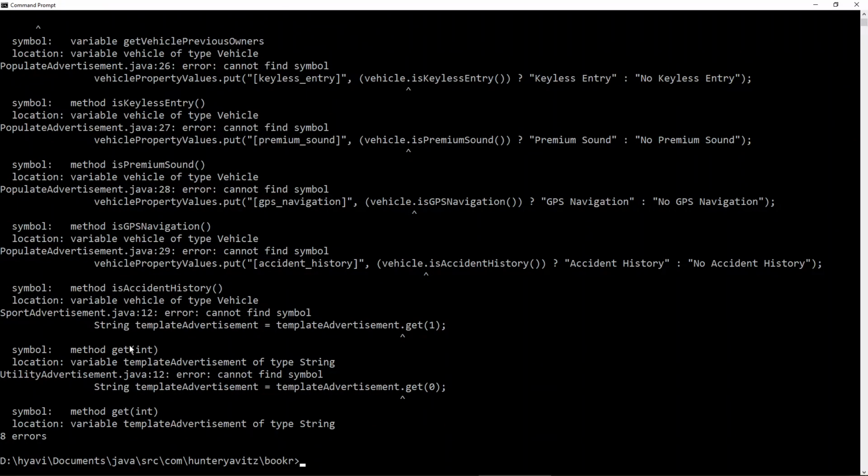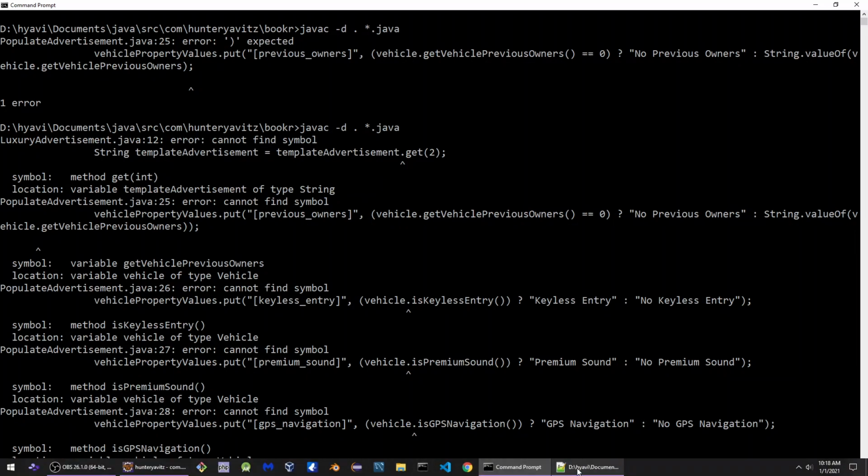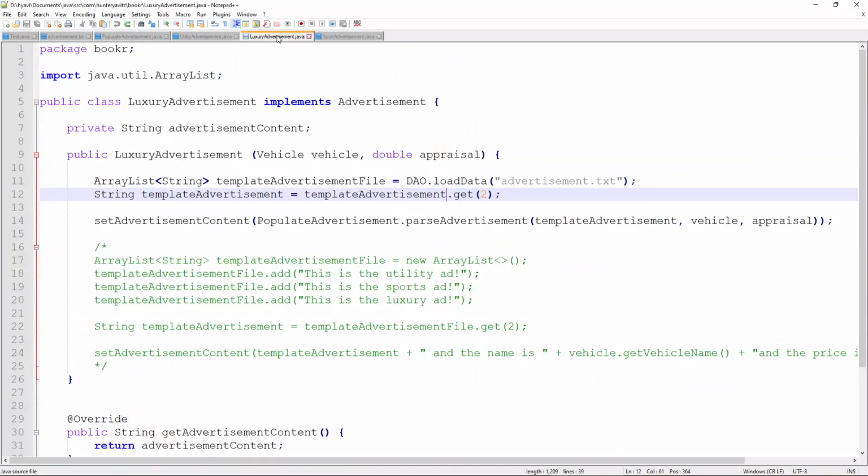All right, so now we have just a host of errors right here. So let's start at the top. So if we see here, LuxuryAdvertisement in line 12, cannot find symbol, templateAdvertisement.get(2). And so that's very interesting. So if we jump over here into the LuxuryAdvertisement,